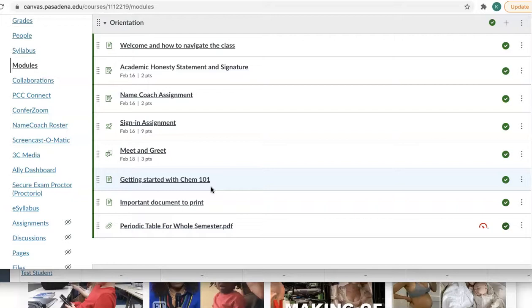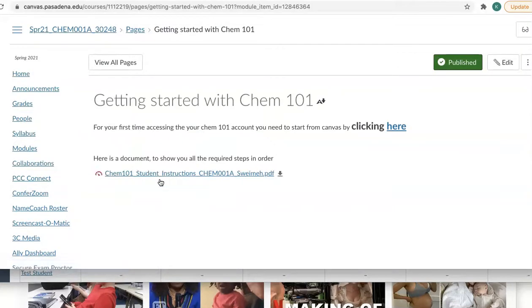That means that you are required to finish a homework. However, this homework is run by a third party, which is the Chem 101 website. However, to get started with that, you need to click on that orientation link, and you can see here for the first time accessing the Chem 101 account, you need to start from Canvas, meaning you cannot go to the